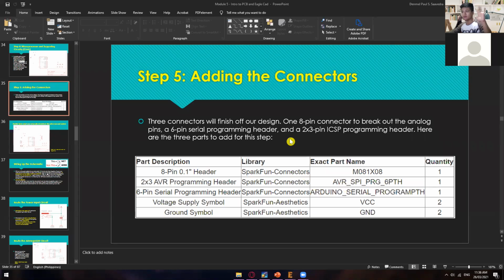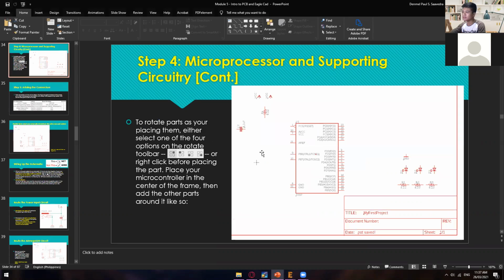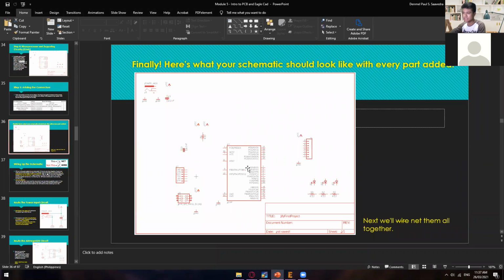Great. So I expect that all of you already have the Eagle CAD on your desktop or laptop. Is there still anyone here who wasn't able to install the Eagle CAD? Could you please raise your hand or use the chat box? All right, so I guess all of you have already installed the Eagle CAD. So I'm expecting that you guys are on this part already, so that we can continue whatever we left last